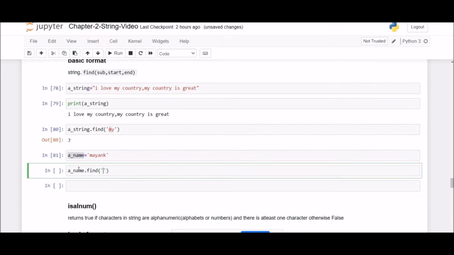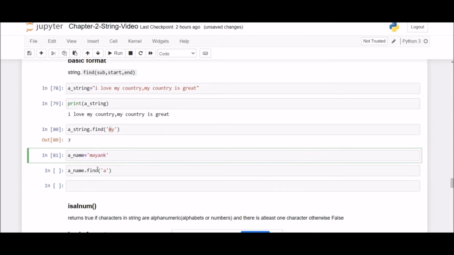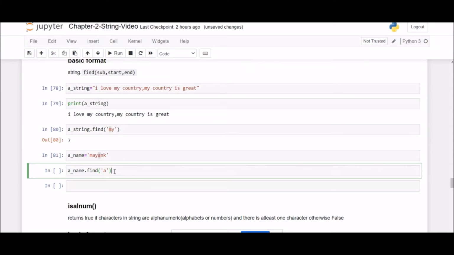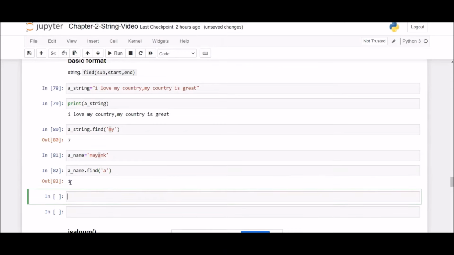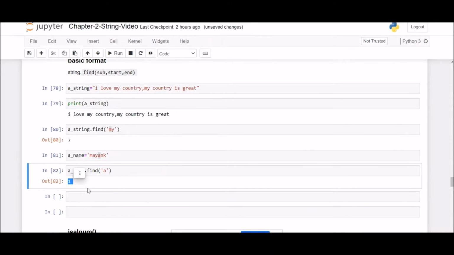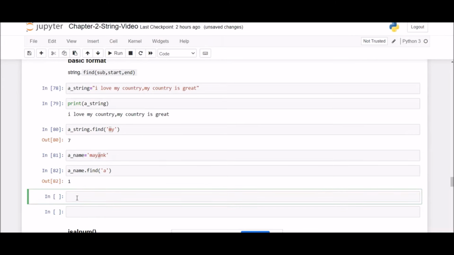As an argument, I'll send the search string. Now suppose I'm sending a. So a is present at index position 1, and a is present at index position 4 as well. So let us see what it will return. It should return 1. So as we already knew, it will return 1. Let us take one more example.